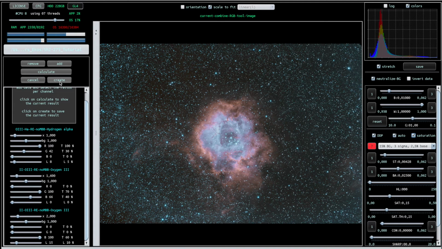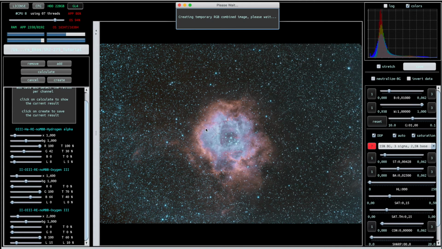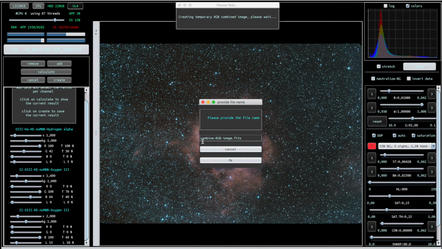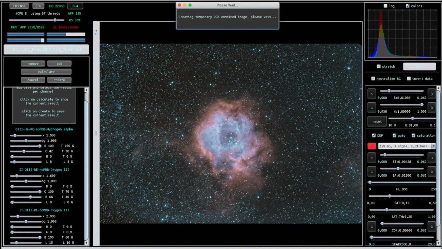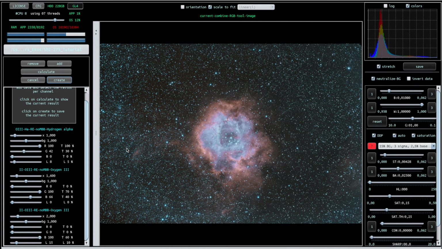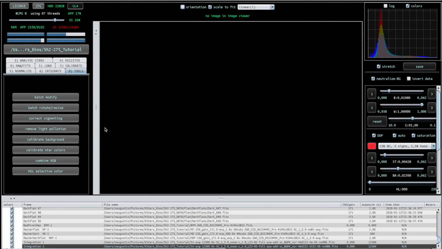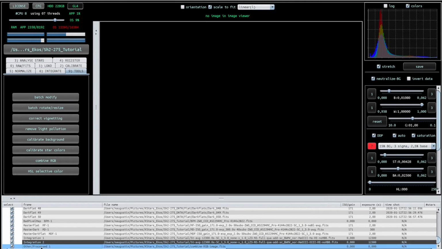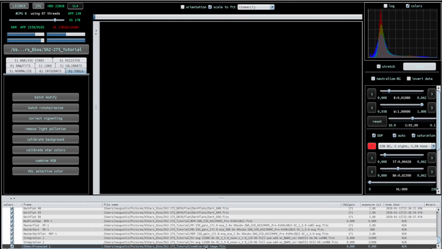So you just hit create, and it's asking you to provide a file name. I just leave it like it is. It's a standard combine RGB image. Just hit OK. It's creating a FITS file. And you just cancel this here and go out of this dialog. You can just load then your new file